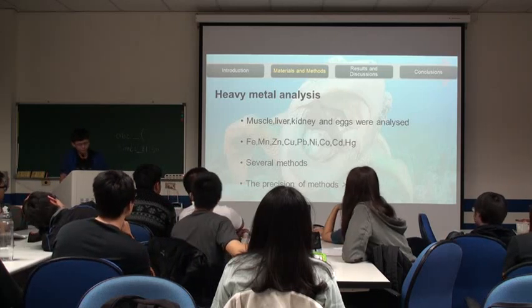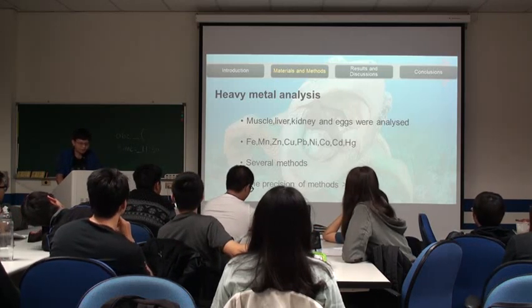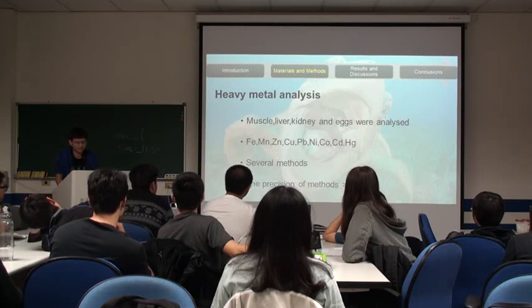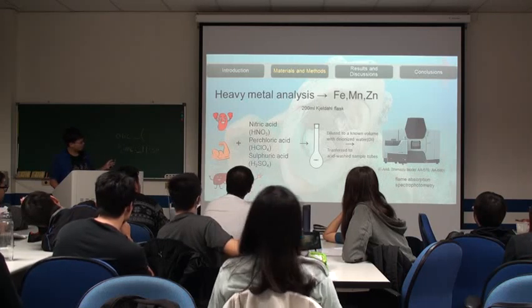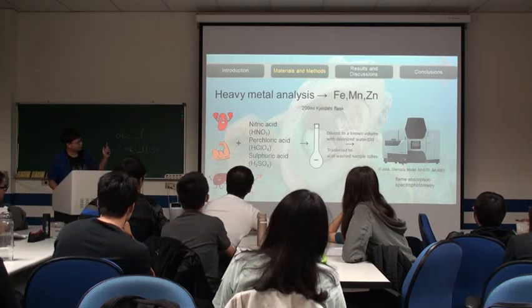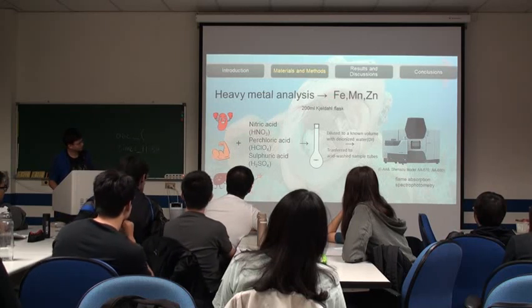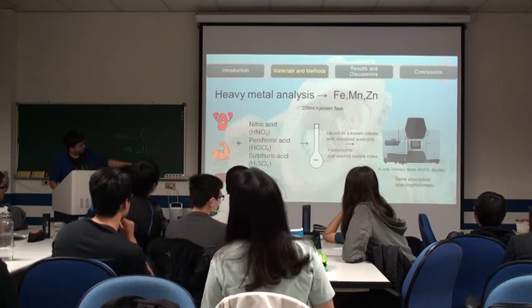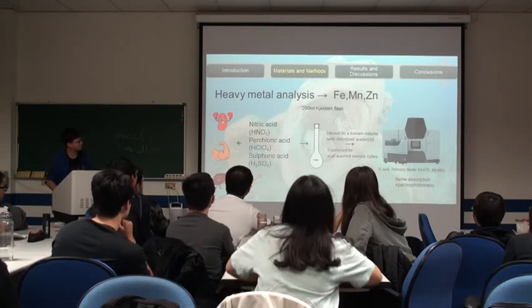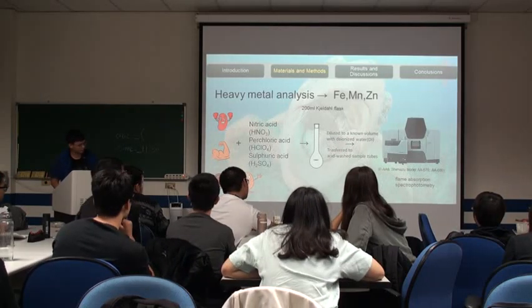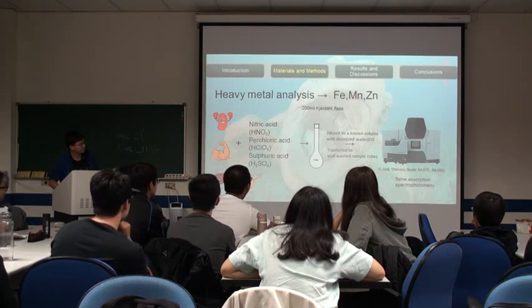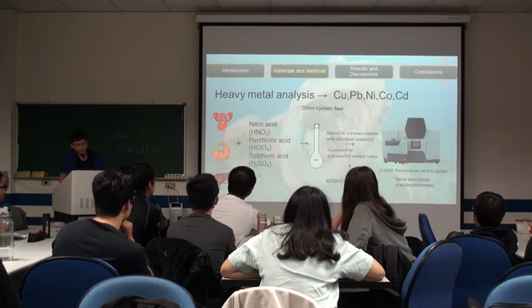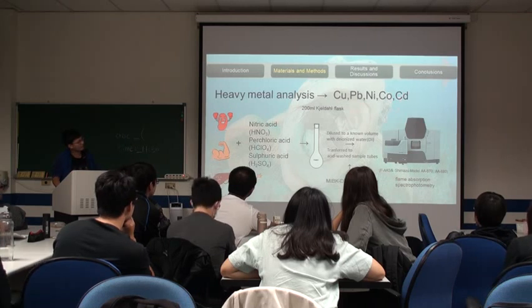And the precision of the methods is larger than 95%. In the first method, we put the tissues into a mixture of acids and dilute to a clear solution and put it in the machine. And this is for iron, magnesium, and zinc. And for copper, lead, nickel, cobalt, and cadmium,